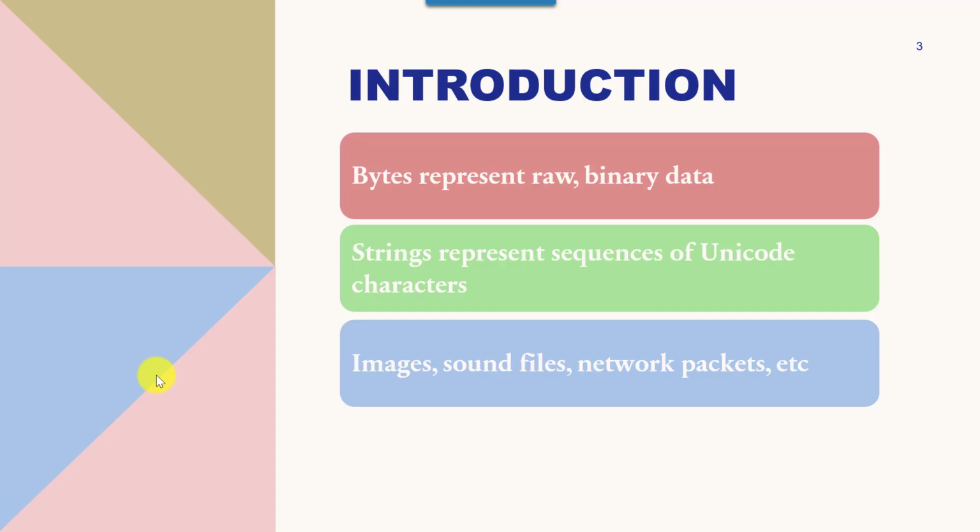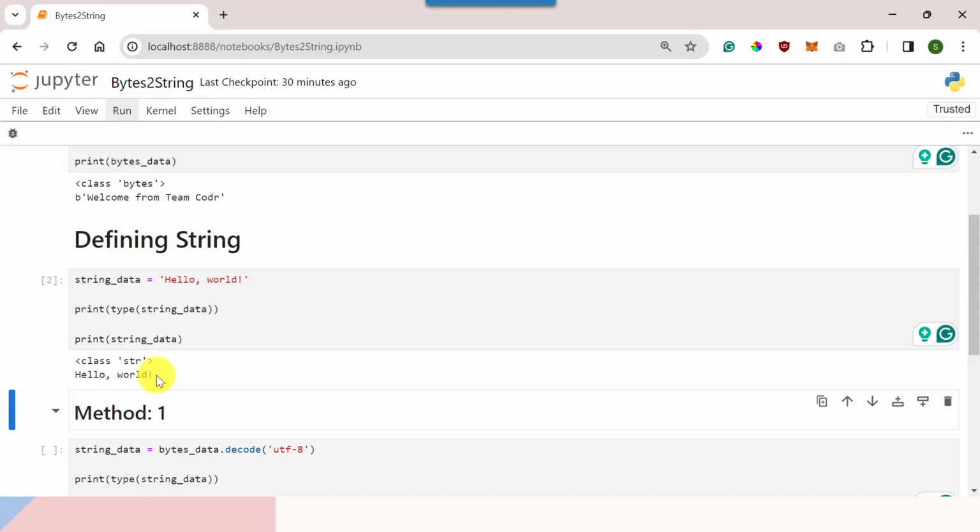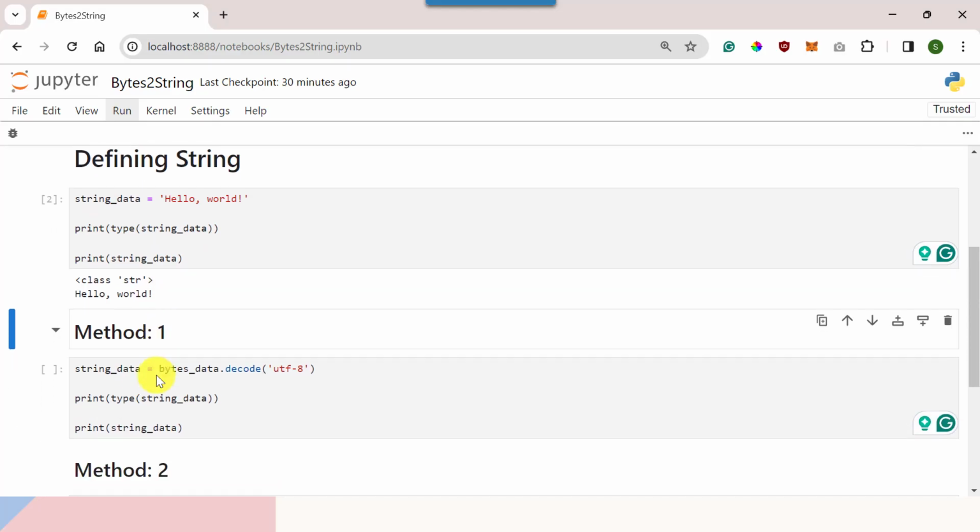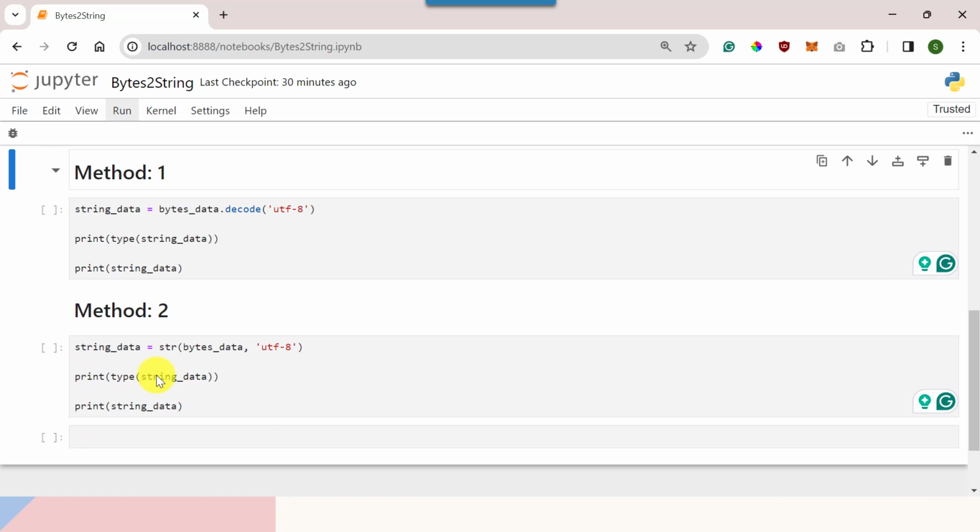Now bytes in Python are commonly used when dealing with binary data like images, sound files, network packets, etc. Whereas strings are used to represent text data and are widely used in various operations such as manipulation, comparison and formatting. Now let's come back to the Jupyter notebook and understand the very first method of how we can convert